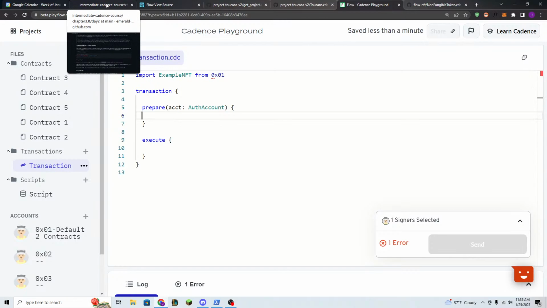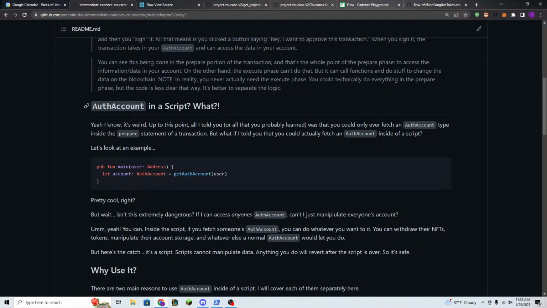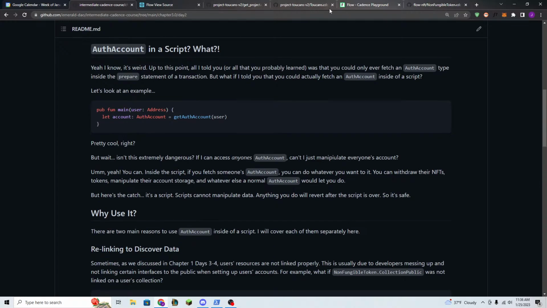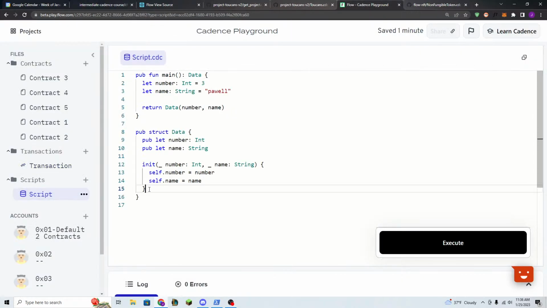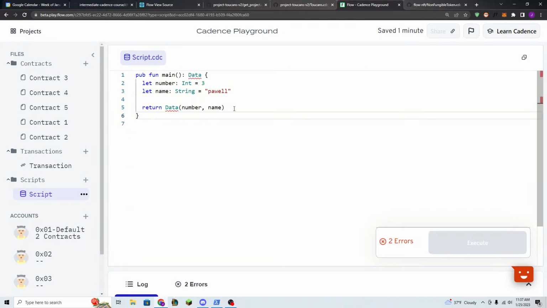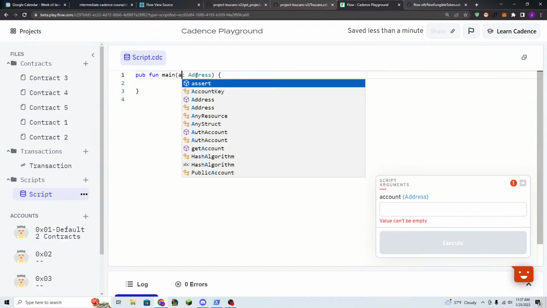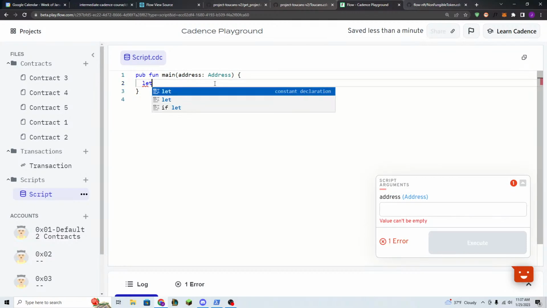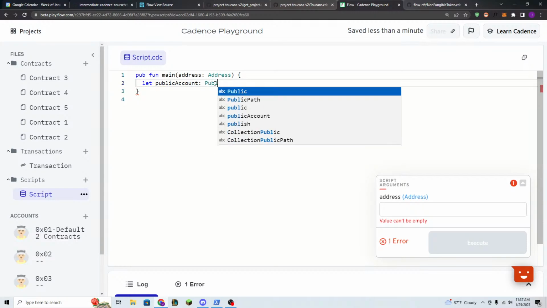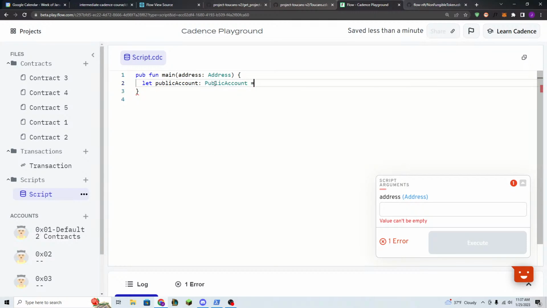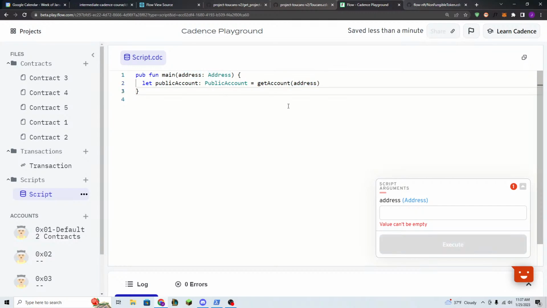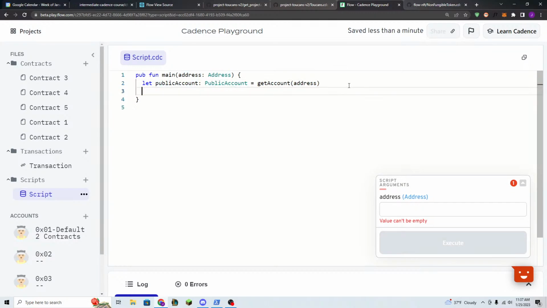But a couple months ago, they added this really cool thing where you can access an auth account in a script. So you know how when you're in a script, you can pass in an account, which is an address, and you can say let publicAccount: PublicAccount equals getAccount, and then you pass in the address. This is how you get a public account. Well, you can also get the